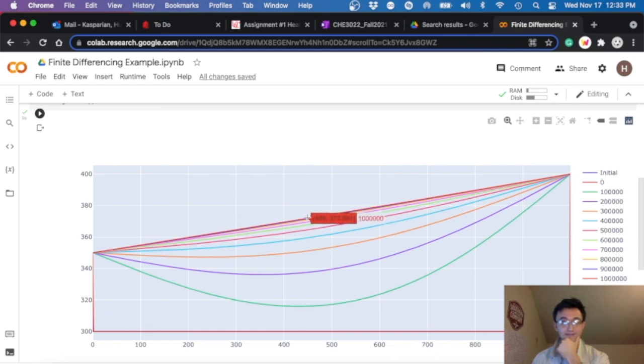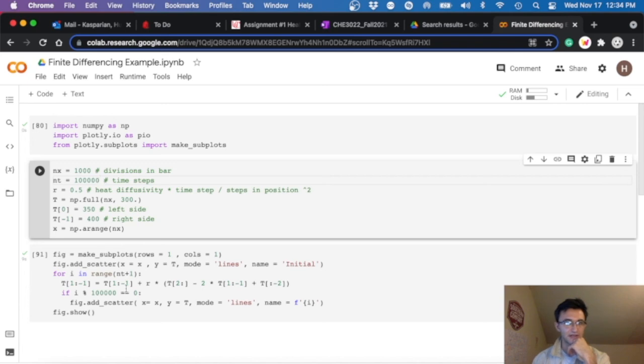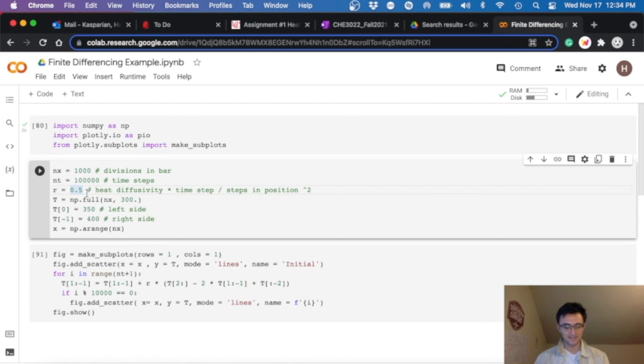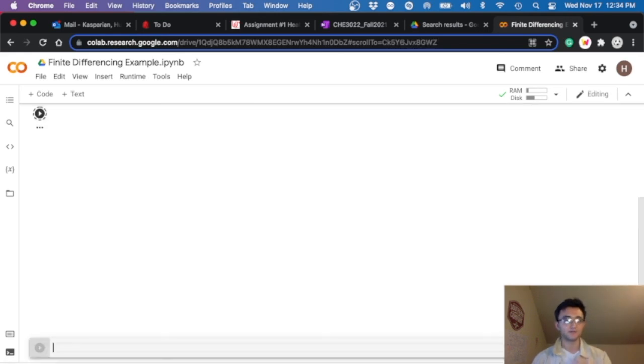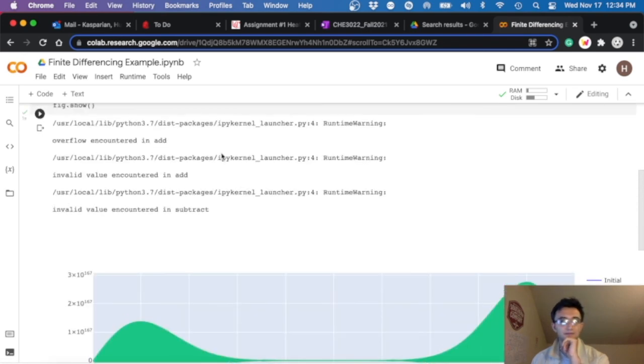And here we actually see we do reach a steady state, and this can be signified by there being no change in temperature based on time at any given position. The only change in temperature is actually based on position, so along that bar, it's a straight line. So that signifies steady state. So let's see if we can try and reach it at a faster rate, rather than taking, I think that was 1,000,000 time steps. I'll actually increase this R value to 0.51, and saw a blip of something, a little foreshadowing for, yeah,